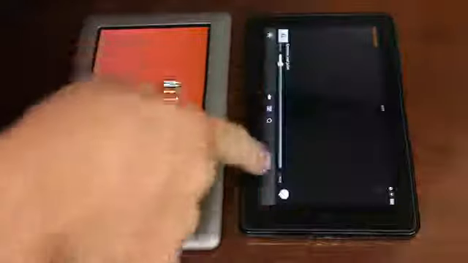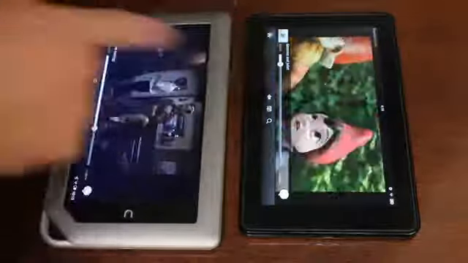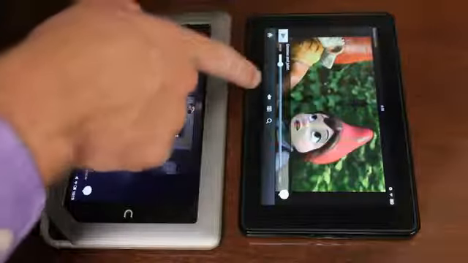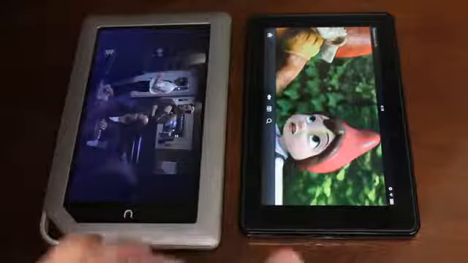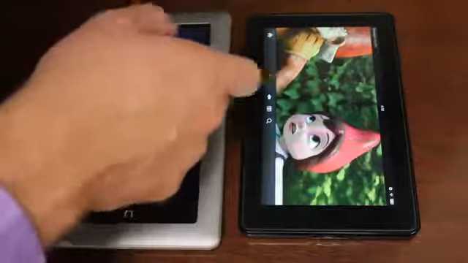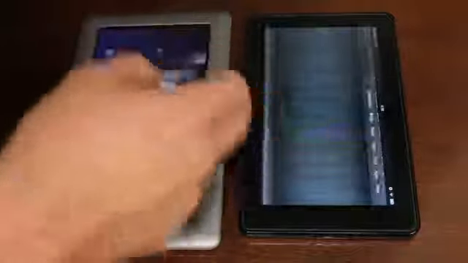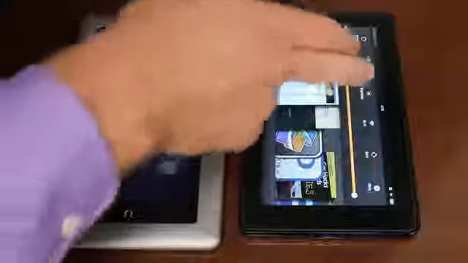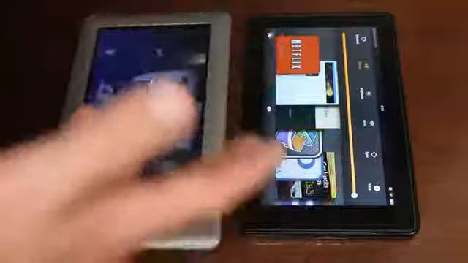You can see right here, this bar along the bottom. You can see along the bottom here with Kindle, this is how you get around. It's always there. They have to have the home button. You have to be able to always hit this home button or you're not going to be able to get around. So anytime you're lost basically in the Kindle, you can hit this little thing and then go hit the home button. Or you can always tap this top right corner and you can adjust your settings for brightness, volume, Wi-Fi, syncing, which is pretty handy,